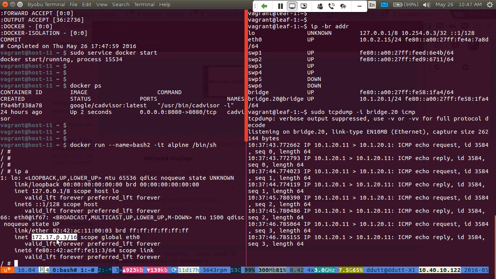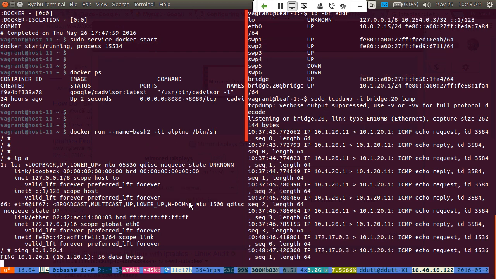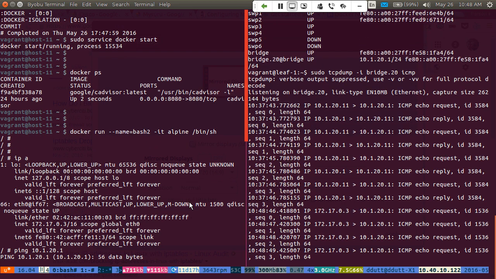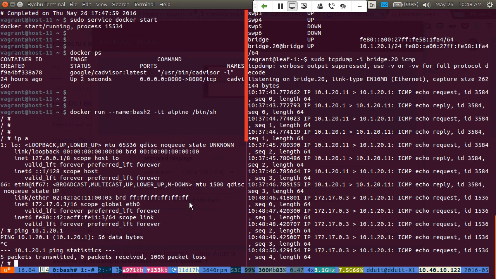So remember, when we attempted to ping the router, the IP address was getting natted. Let's try the same thing again. Let's ping 10.1.20.1 again. And now you see that the IP address that's showing up is the unnatted IP address. So essentially now the IP addresses are not getting natted. Okay, this is very nice, you say. What exactly have you achieved, Dinesh?